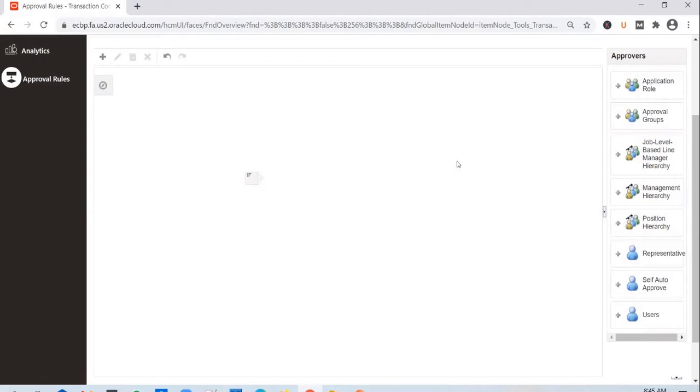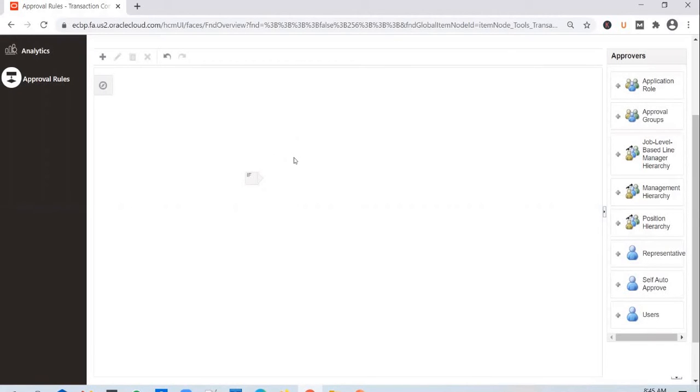So you can create an approval group with the participants or approvers, and you can use that approval group in the flow. And you can also use application role. This is, I would say, the least preferred or least used approver. But the way this works is, say for example, in the approval section, you used application role, it will ask you to pick up a role.